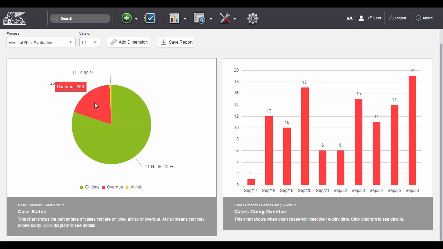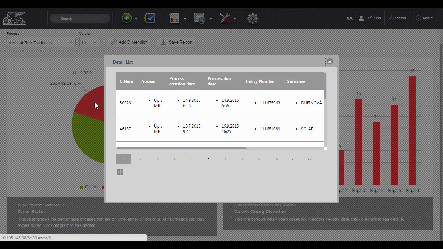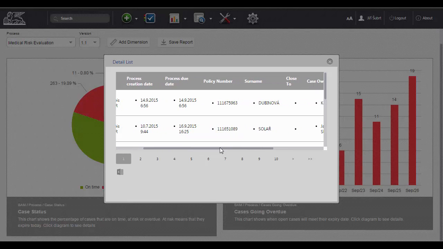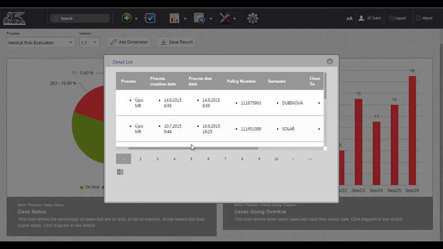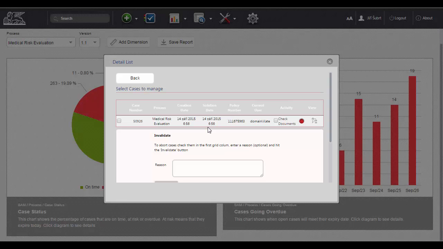The cases represented here can obviously be retrieved very quickly by just tapping on one particular part of the pie chart, and in the list we can see information about those overdue cases, and we have the possibility, for the purpose of administration, to reassign the case to another user